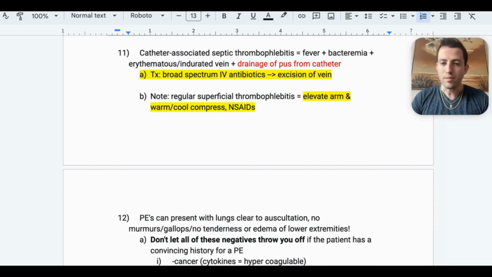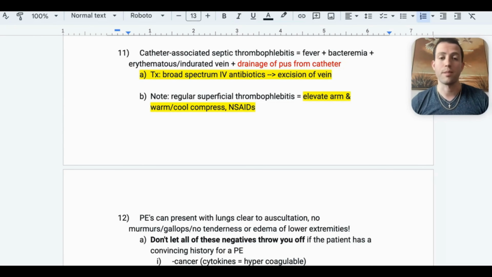Number 11, let's say a patient has a central line or they have a PICC line, and now they have a fever, bacteremia, and an erythematous indurated vein, and there's pus actually draining out of the catheter. What is this? Well, it's going to be catheter-associated septic thrombophlebitis. And so the treatment is going to be broad-spectrum antibiotics and then excise the vein itself to get rid of